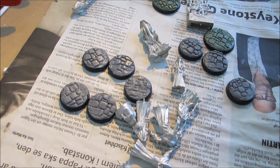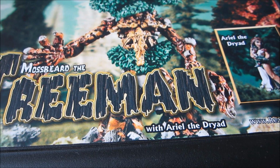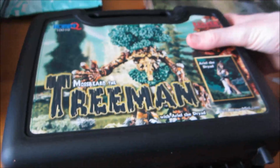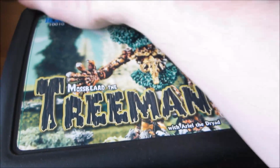But yeah, that's in the works. When it comes to deciding what to paint next, or what to start prepping next, this week is Reaper week, and I'm going to go with another big project, because, well, the two current big projects seem to be moving along relatively well. Also, I prepped this huge batch of cultists just now, so I need to slow down and take a single mini, or rather, these are two minis. This is one of the box sets for Mossbeard the Tree Man, and it contains,